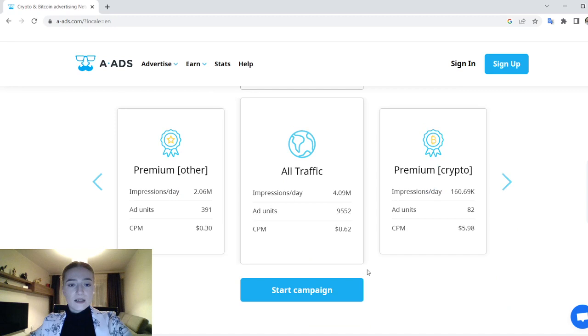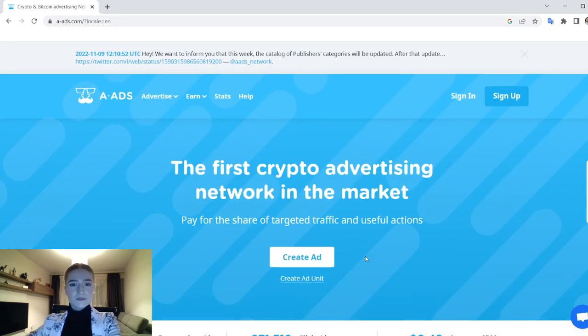So guys, now let's take a look here on their website. Let's dig into it. So they already say here on the first page, the first crypto advertising network in the market. Pay for the share of targeted traffic and useful actions. So if you want to create, just click here.